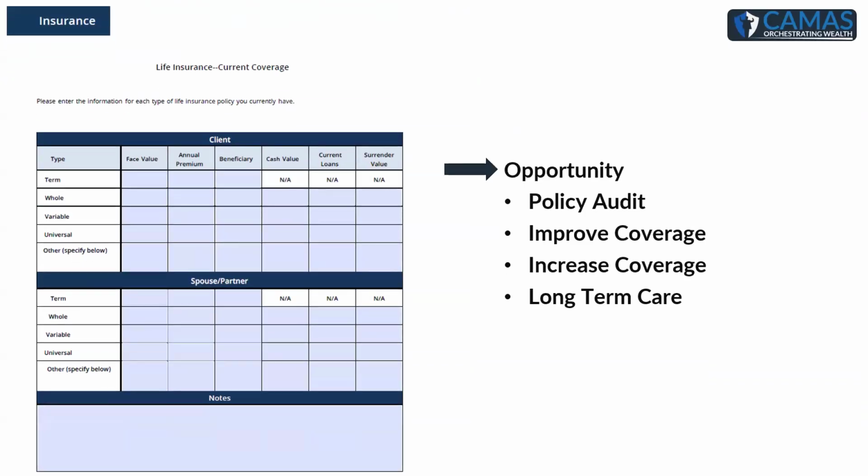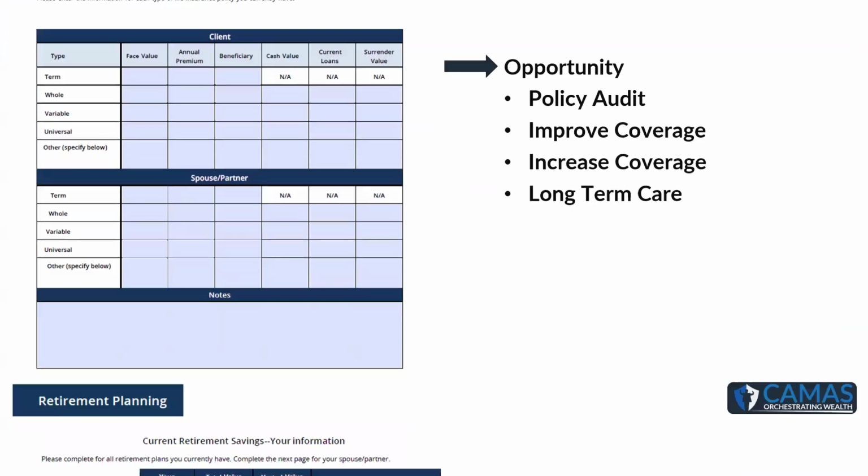When you start looking at current insurance coverages, when was the last time it was reviewed? And as we look at the review, can we improve their coverage? Do they need to increase their coverage? Do they have long-term care coverage? Either a true long-term care policy, a hybrid policy, or long-term care or chronic illness riders on their life insurance. As we can see what insurance they have in place, we can see, do they have a gap? Now, this is an area that if they've got it covered, pat them on the back, tell them, hey, great job, let's review it next year. And so they understand we want to do that policy review on a regular basis.